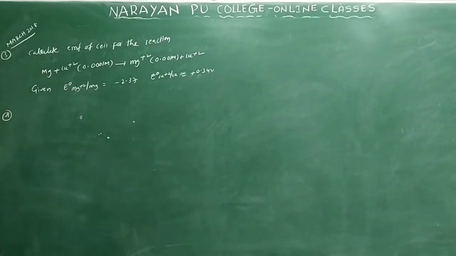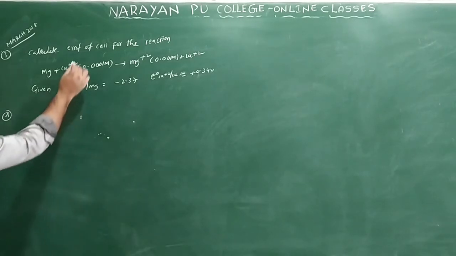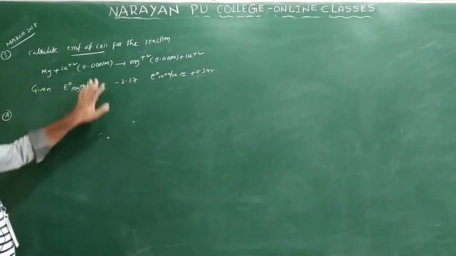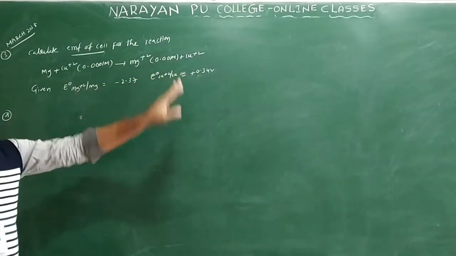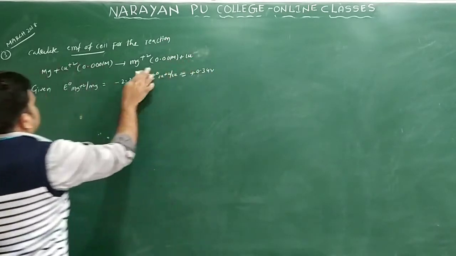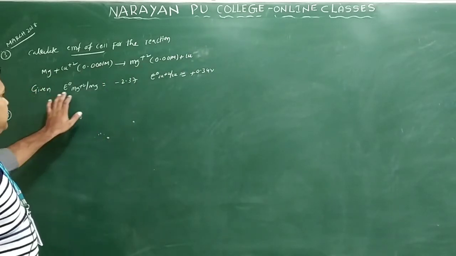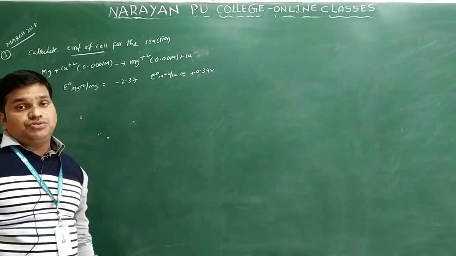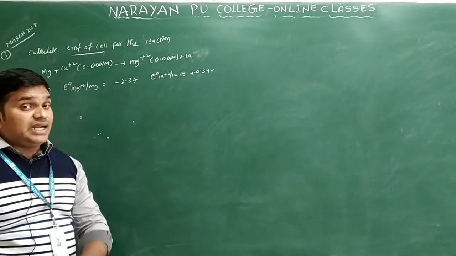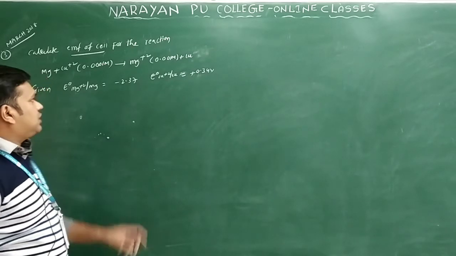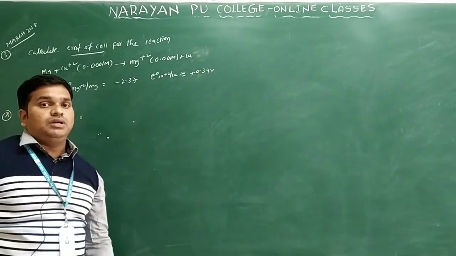This is one of the previous questions asked in March 2018 related to the Nernst equation, calculation of the EMF of the cell only. Calculate the EMF of the cell for the reaction Mg plus Cu plus 2, with concentrations given for Cu plus 2 and Mg plus 2. Mg is solid, Cu plus 2 is aqueous, Mg plus 2 is aqueous, Cu is solid. Given E naught of Mg plus 2 by Mg is minus 2.37 and E naught of Cu plus 2 by Cu is 0.34. In this case they did not give E naught cell directly, but they gave reduction potentials for Mg plus 2 by Mg and Cu plus 2 by Cu only.